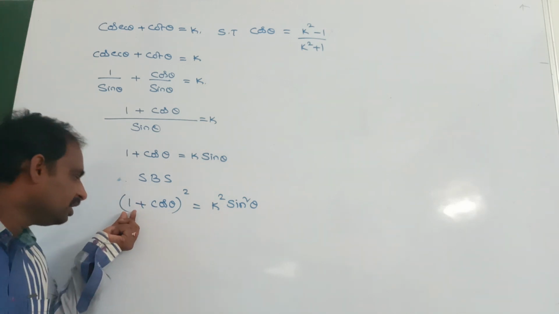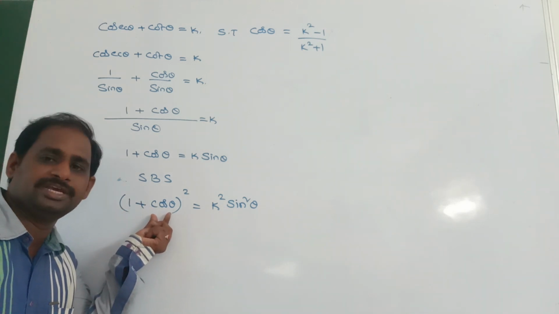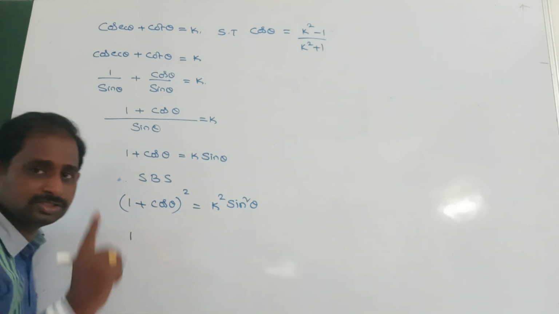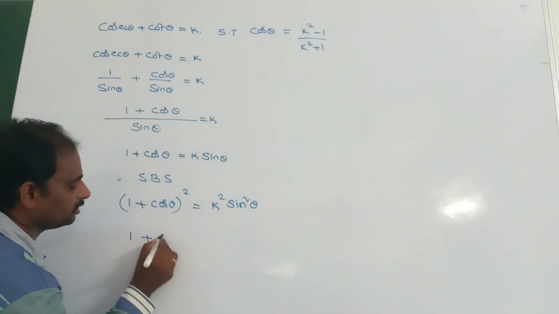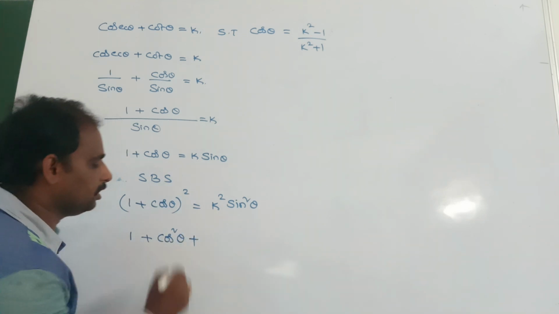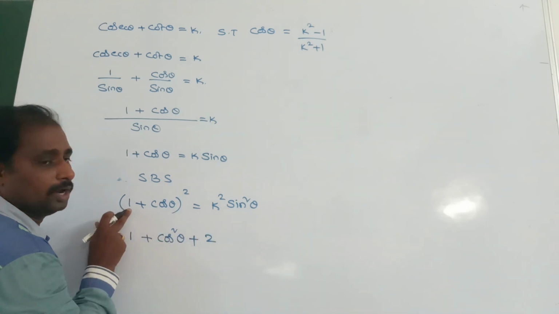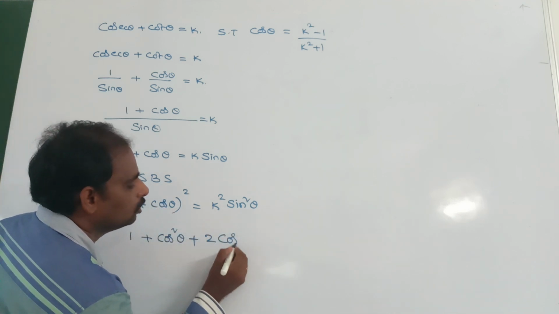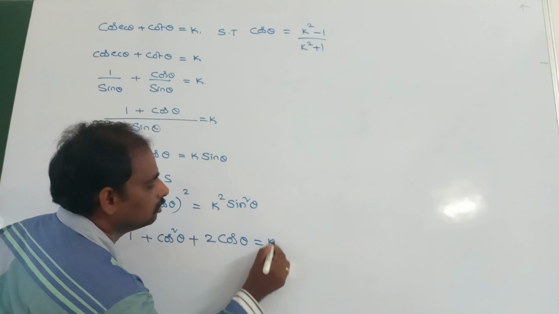Here the value of a is 1, the value of b is cos theta. So a square is 1, b square is cos square theta, plus 2ab, that is 2 into 1 into cos theta, 2 cos theta, is equal to k